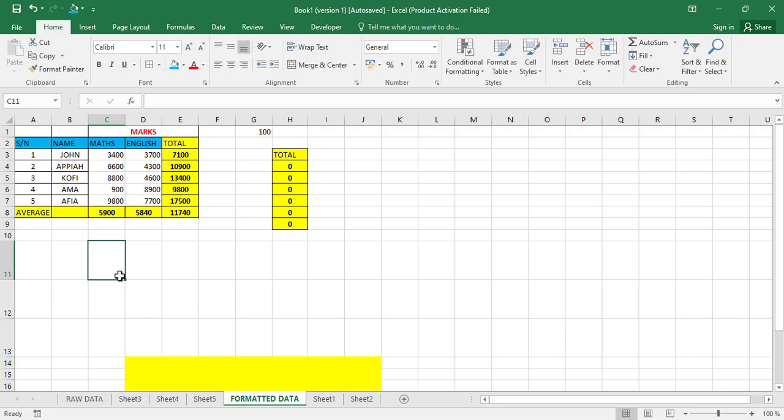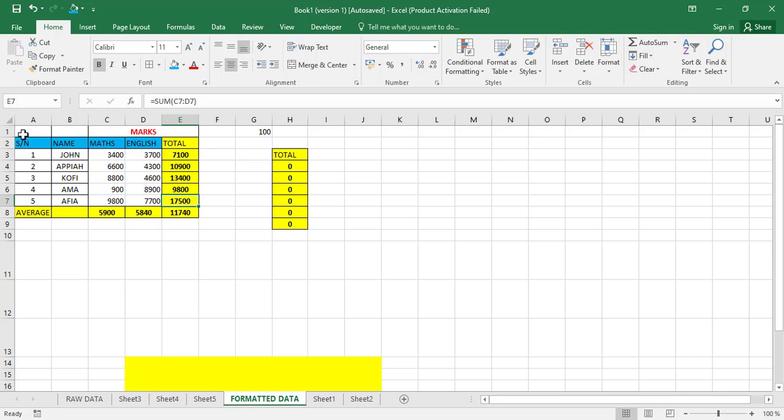Now, let's say you have selected the whole area here, but maybe you want to select just areas where there's only text, or areas where there's only numbers, or areas where there are only formulas. So you see formulas, if you don't select that particular cell, you are not going to see that it's a formula. So if you want to select all the formulas inside a particular range of cells, that's where you're going to use the